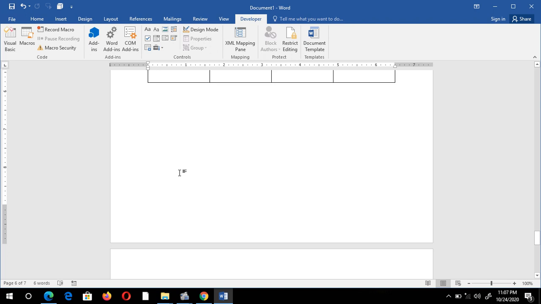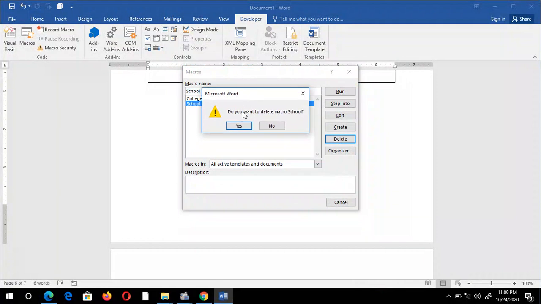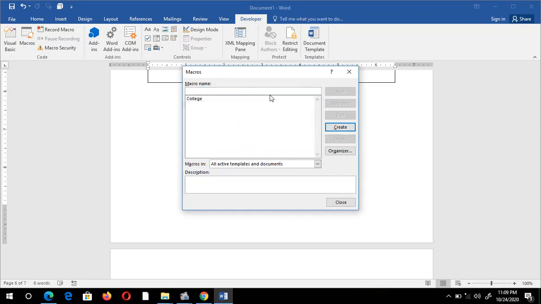So if you want to delete that, how can we delete it? Just click on this macro option. Now delete it. Select the macro which you want to delete and press this button, delete. It is asking, do you want to delete a macro, that is school macro?